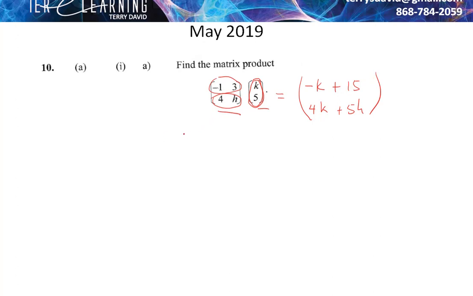Now this matrix here, the order of this matrix was a 2 by 2 matrix, right? And we are multiplying this by a 2 by 1 matrix. Our final answer will simply be a 2 by 1 matrix, which is what we have here. Now in part B,